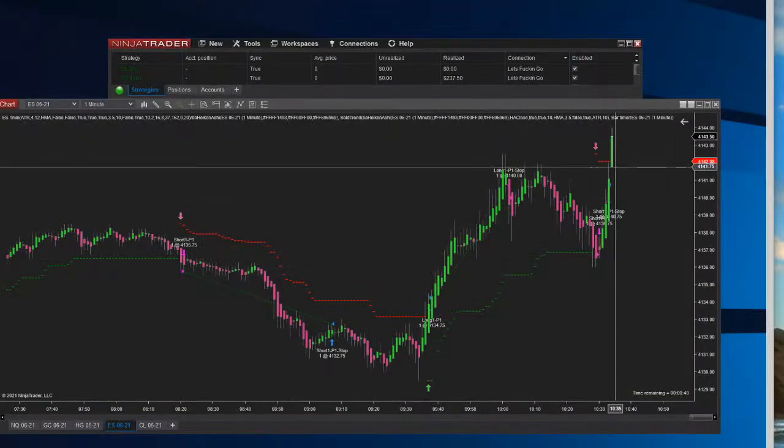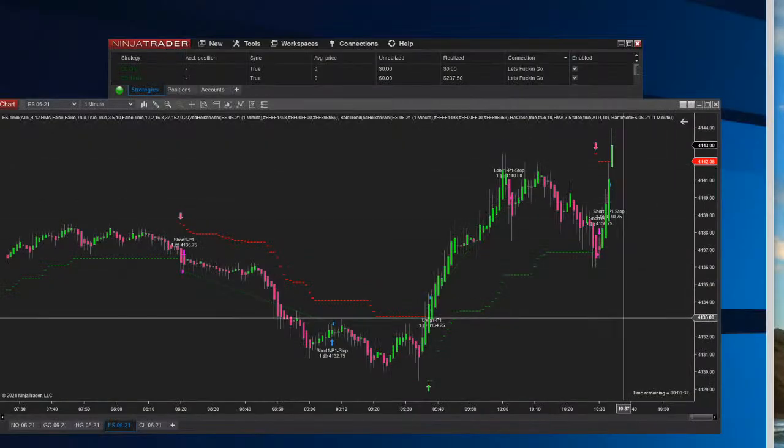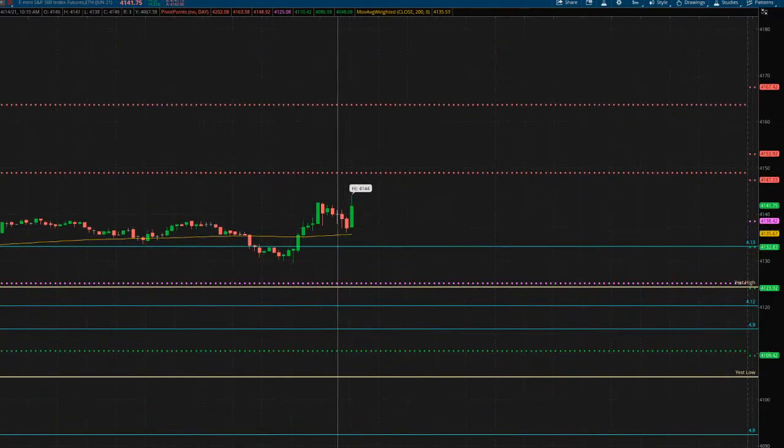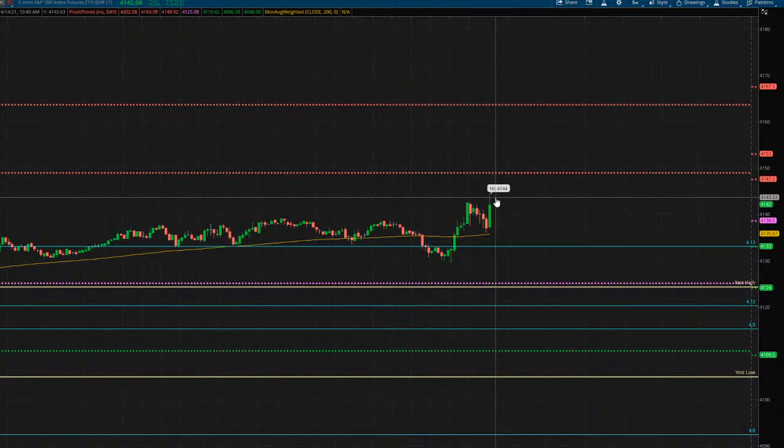I have this here. So this will now take a long in 30 seconds or whatever it is. We'll see. The markets want to move back up. Oh, it's 10:33. That's also when it's like Frankfurt or whatever. There's some countries whose market closes at 10:30. I always seem to see kind of a big surge there. But even from my TD charts, regardless, ES is holding this 200 weighted moving average,